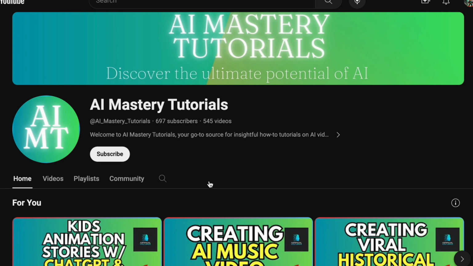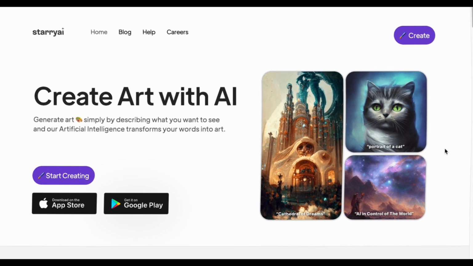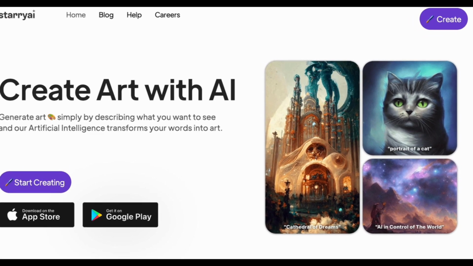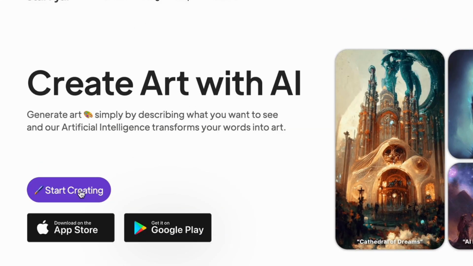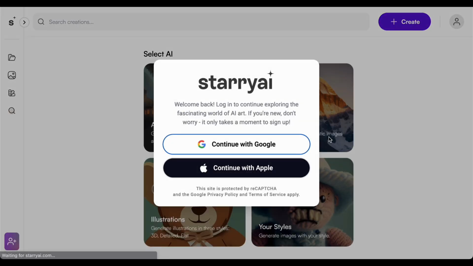Now, let us get started with our tutorial. Embarking on your artistic odyssey within the boundless realm of StarryAI is an exciting journey that begins with a simple yet pivotal step: visiting the platform's official website. On arrival, a prominent and inviting Start Creating button captures your attention, signaling the gateway to a world brimming with creative possibilities. However, before delving into the depths of artistic exploration, the first prerequisite involves creating an account, a seamless process that offers the choice of continuing via your Google or Apple account, ensuring a hassle-free entry into the world